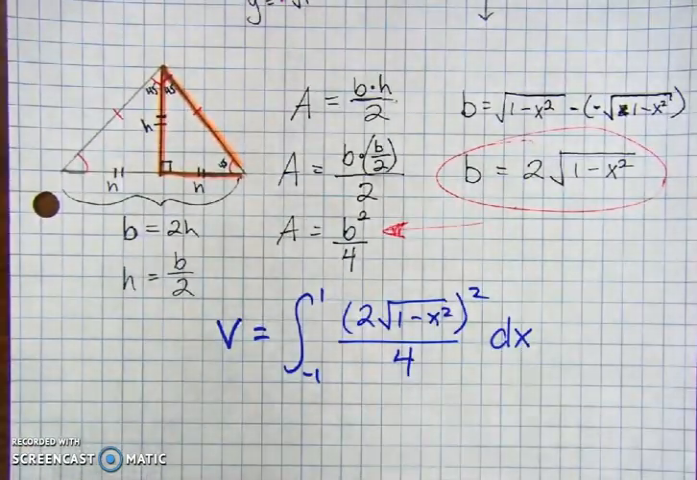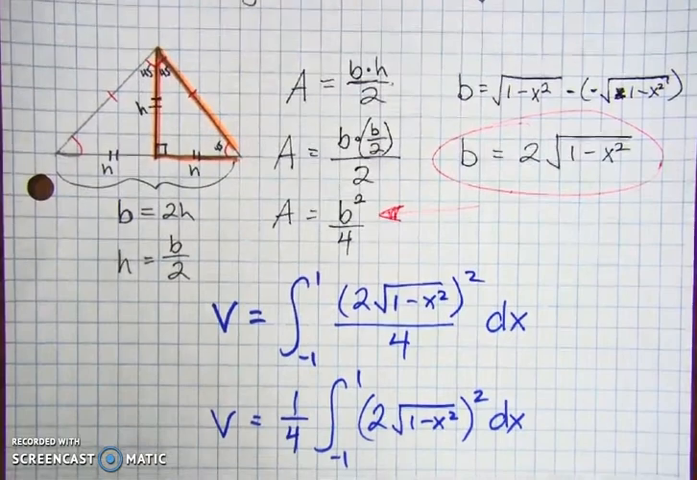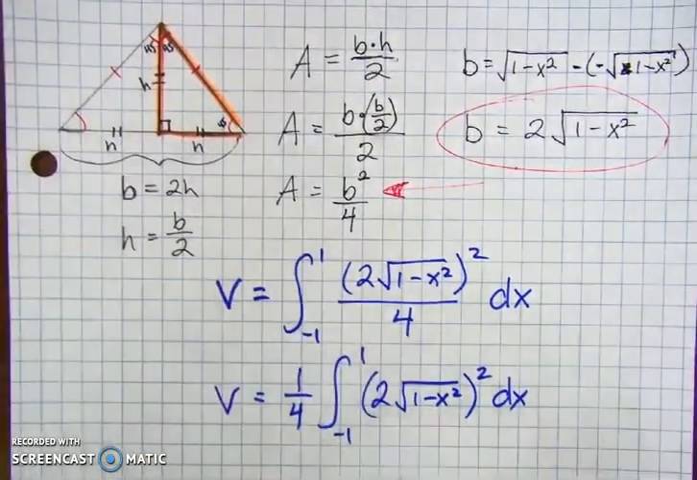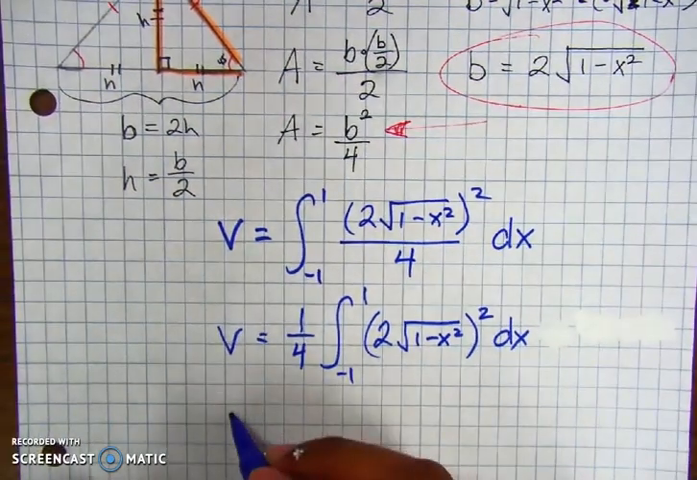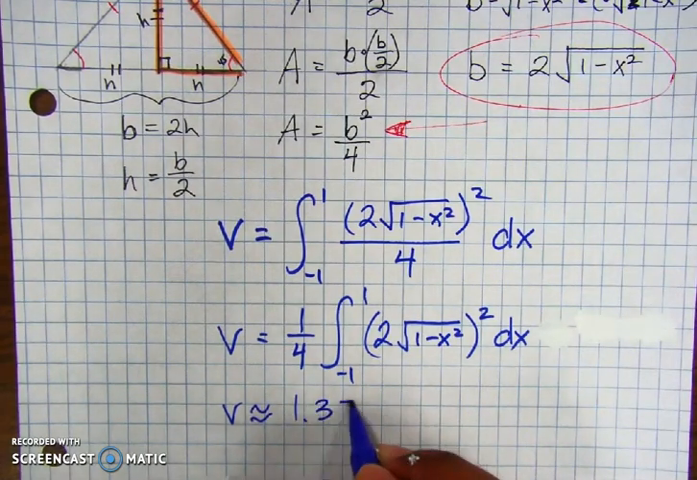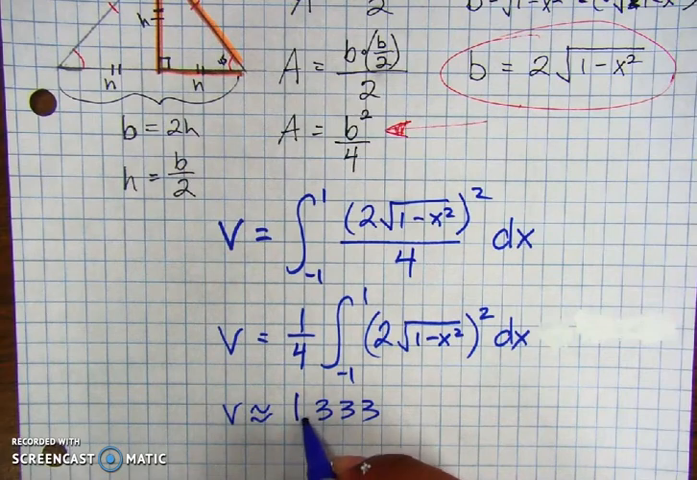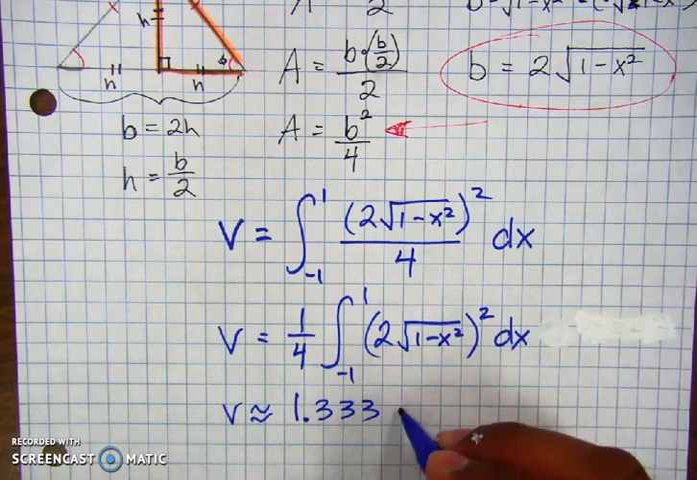So volume is the integral from negative 1 to 1 of 2 radical 1 minus x squared, all over 4, with respect to x. And if you want, you can take out a 1/4, but you don't really have to. If you're using the graphing calculator, that should be enough to get your answer. So volume is approximately 1.333. And that's it. And we do know that volume is in units